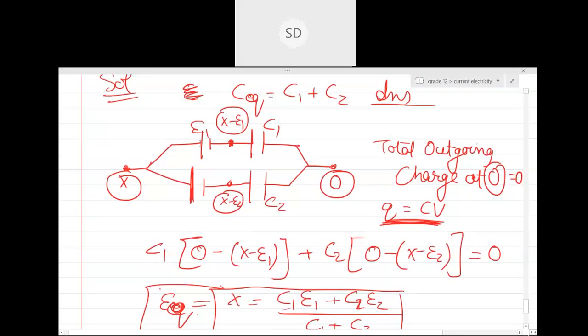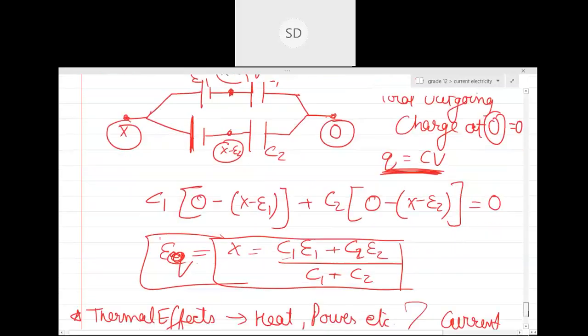Can you start from one point? E1, let's start from here, okay? So minus E2 minus Q into C2. Why? Because this is plus charge, right? If the charge is flowing like this, then this will be positively charged. Yes or no? I didn't get it.